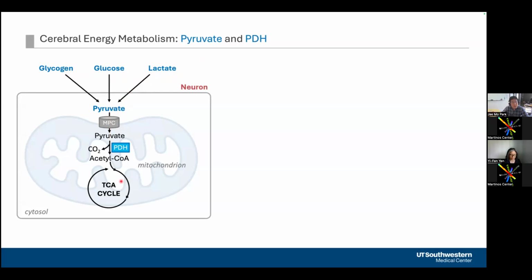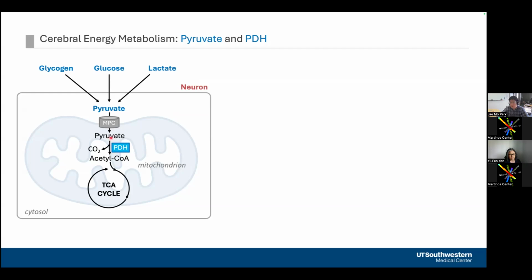To further metabolize in the mitochondria in the TCA cycle in neurons, it should go through pyruvate. So pyruvate is an important junction for multiple metabolic pathways, and there are a couple of important steps linking pyruvate to the TCA cycle. One is the mitochondrial pyruvate carrier. Pyruvate is carried into the inner mitochondria through MPC, and once pyruvate has entered the mitochondria, it can be further metabolized through the pyruvate